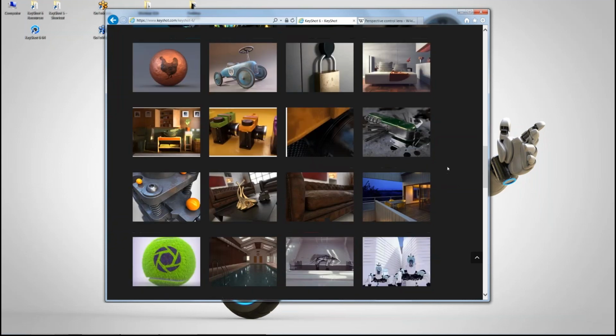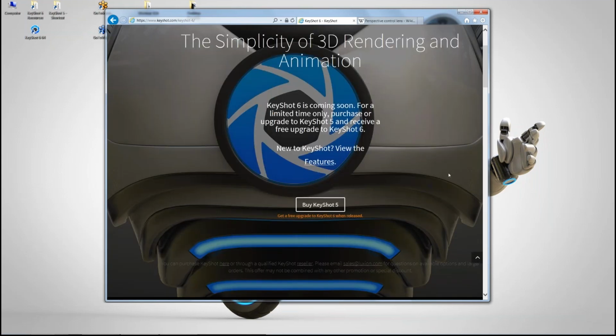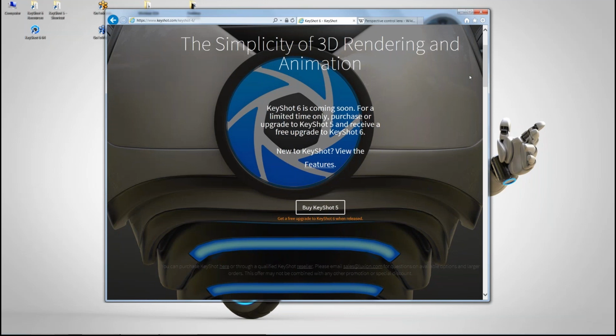Okay. So what are we going to cover today? We're going to cover a lot of the new features. We're not going to cover everything. There's so much that we won't be able to get through everything in full detail within the next hour that we've set aside. But we've broken up the new features into improved workflow efficiency, more material control, some brand new capabilities, and then also some enhancements to existing features.